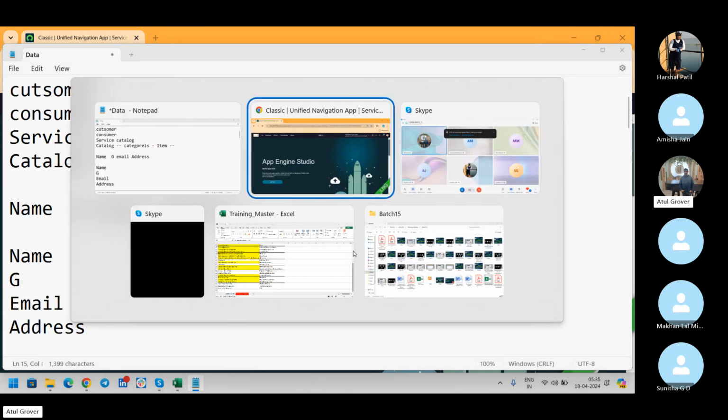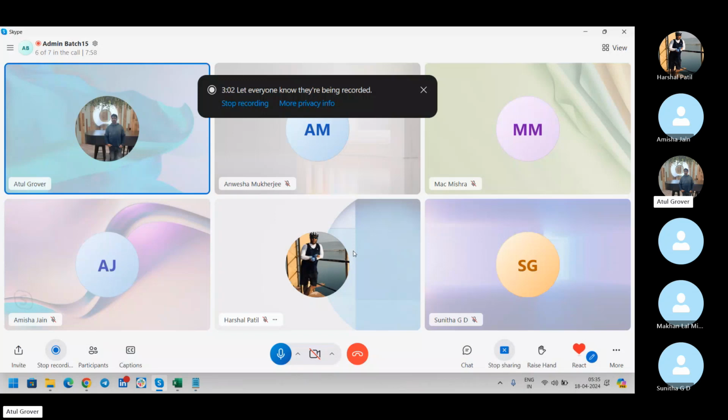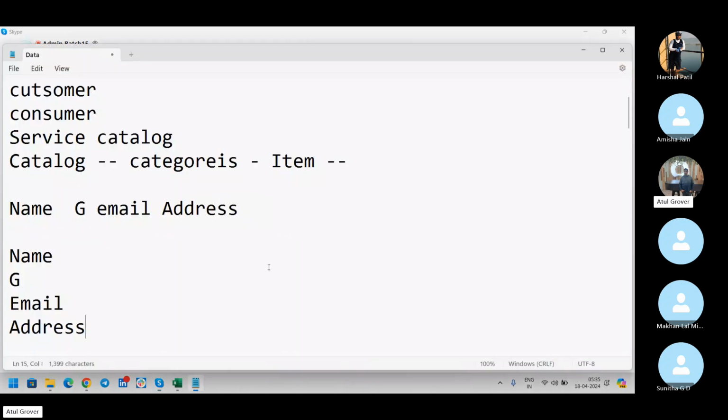Now, what can be the reason? I said, okay Harshal, create a request for everybody in this group and get me the data of everybody: email address, phone number, and qualification. Now Harshal has two ways. Either he fills 6 different forms, one for Anvesha, one for Max, one for Sunita, one for Amisha, one for Harshal. Or he says, Atul, give me some shortcut, and he will use an Excel sheet. In the Excel sheet, he will create a header and under that Anvesha,